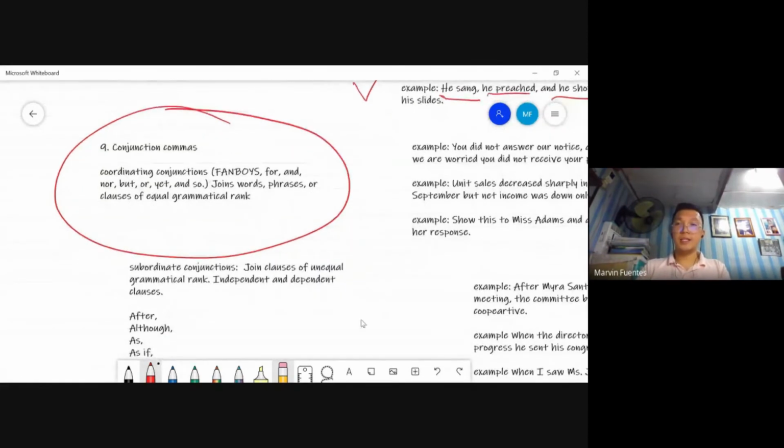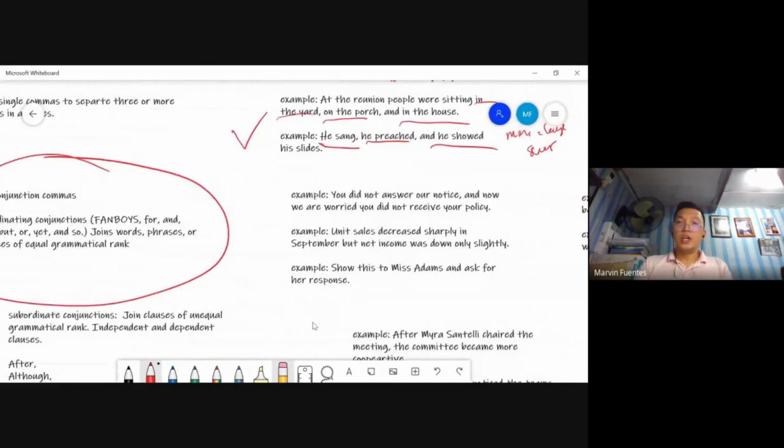Okay? You did not answer or notice, comma, because there is a presence of the coordinating conjunction and, no? Now, let us remove the and. Just type, you did not answer or notice, period. And then,